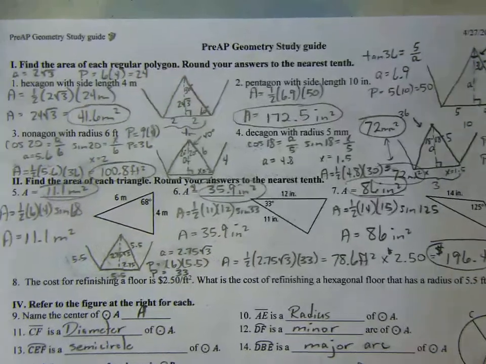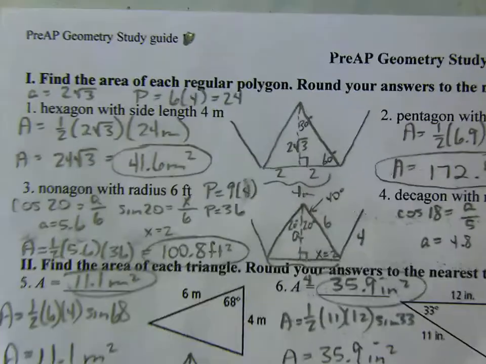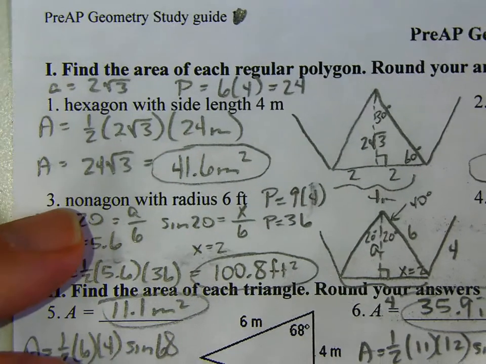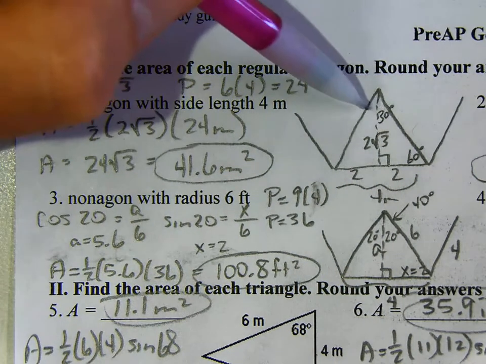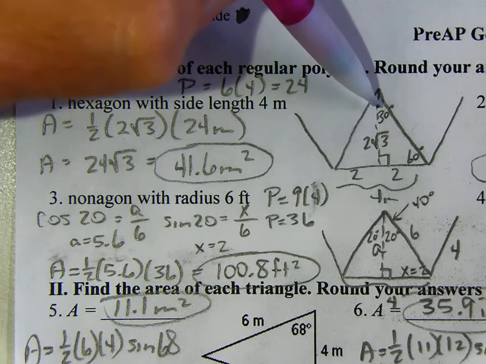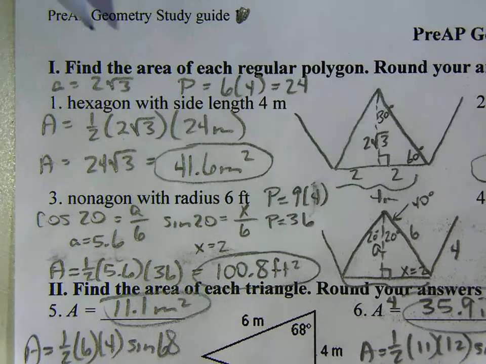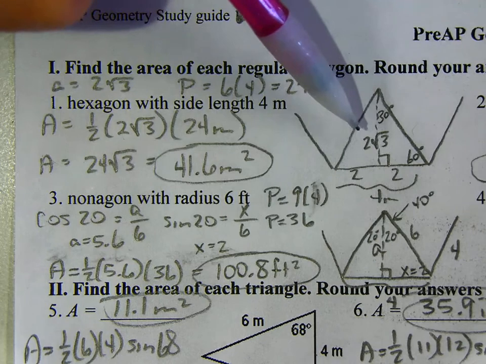The first one is a hexagon, and let me see if I can zoom in here so you can see it a little bit better. Because it's a hexagon, that's going to be a 30, 60, 90 triangle, because the central angle in a hexagon would be 360 divided by 6, which is 60, divided by 2 would be 30, and the angle at the bottom would be 60. They give us the length of the side. The length of the side is 4. So if the whole thing was 4, it's been divided 2 and 2, so the apothem is 2 square roots